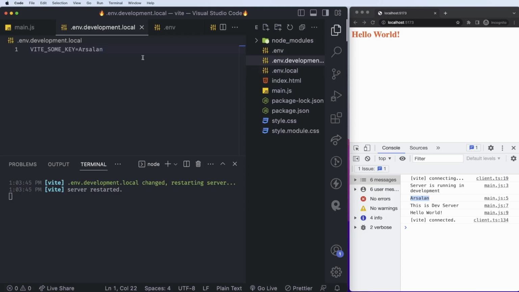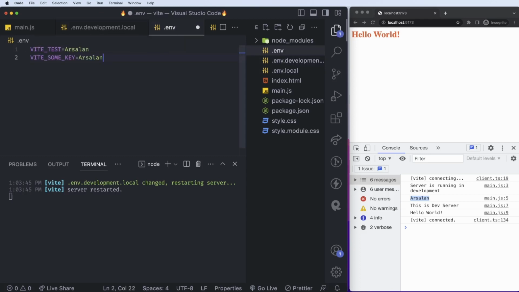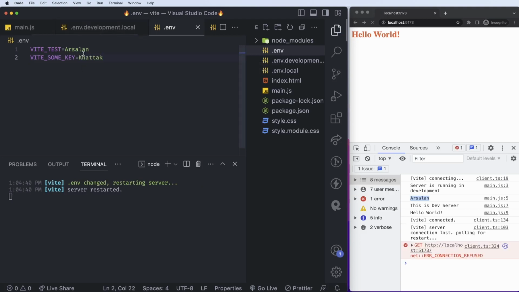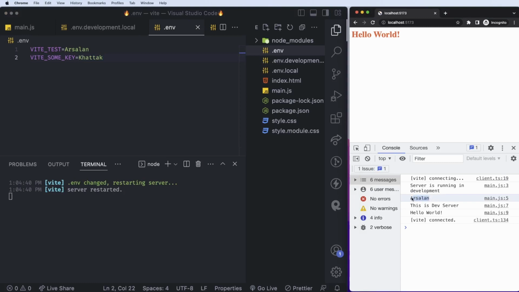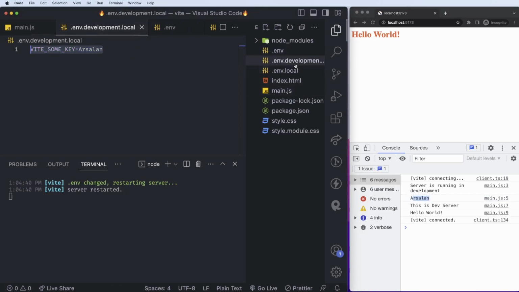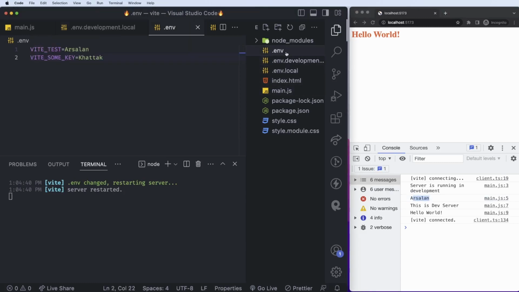So to show you that, for example, we have this here, and I copy this and do this again here, but in this case I change this value to Khattak and save this. Now let's see what we get here. We still get Arsalan. That is because this one will take and has higher priority as compared to this one